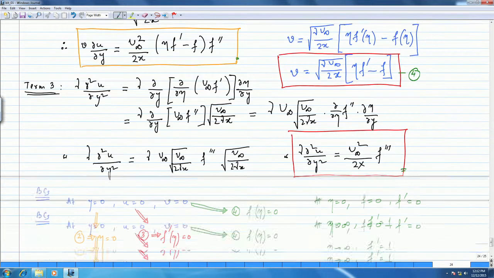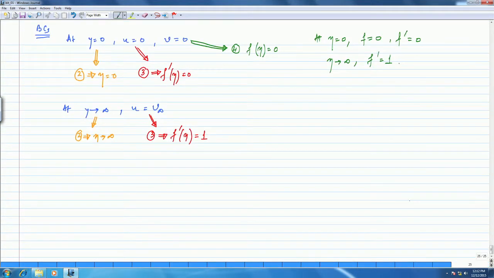So if I add those three, the boundary layer equations become, if I were to write it,